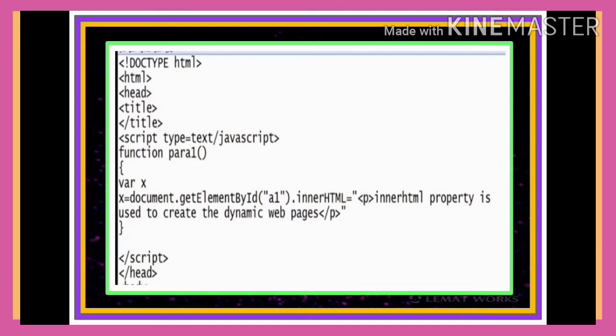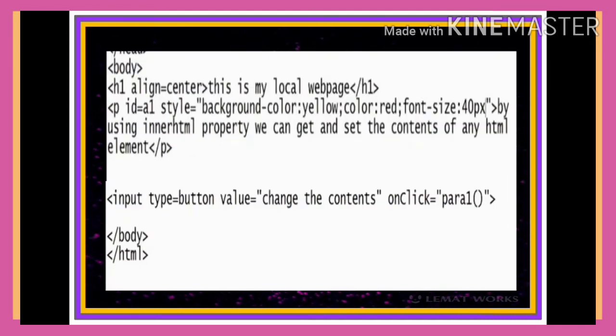Pass a1 id to that getElementById method dot innerHTML equal to p tag. innerHTML property is used to create the dynamic web pages. Close p, close curly braces, close script and close head. Here id a1 is used, which is mentioned in p id equal to a1.